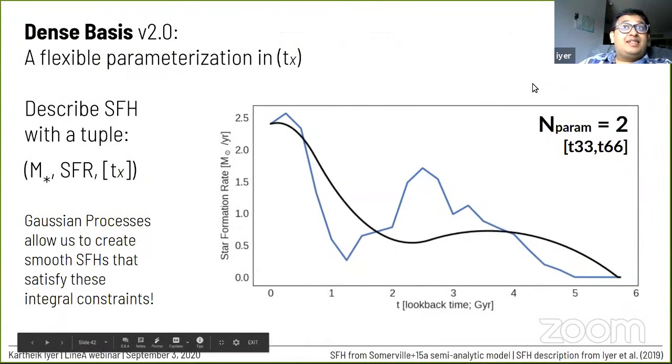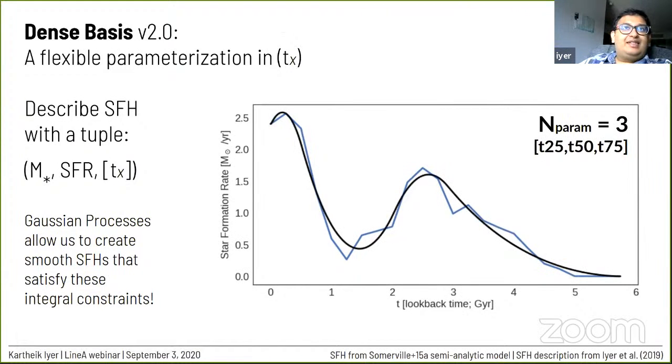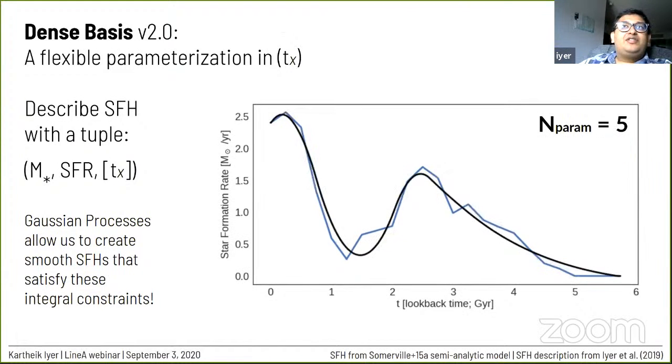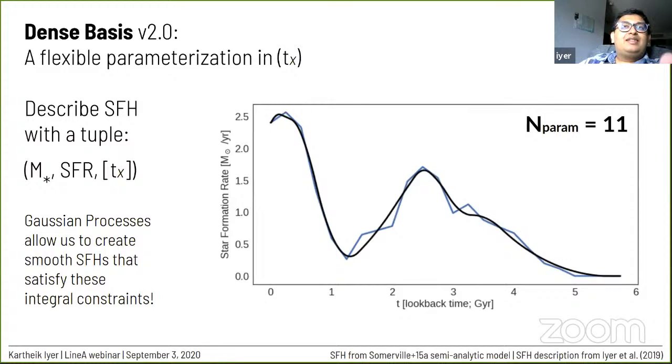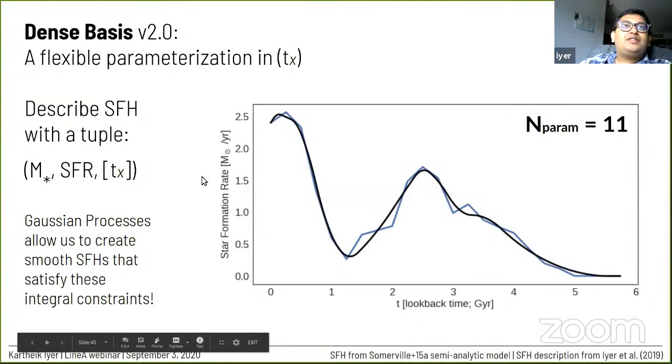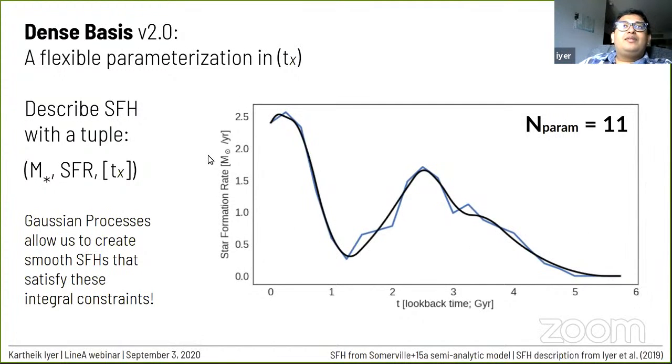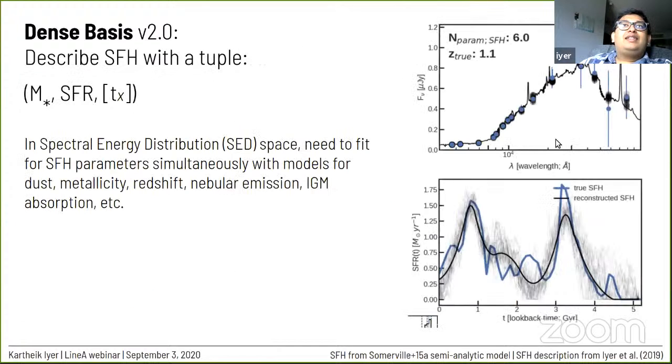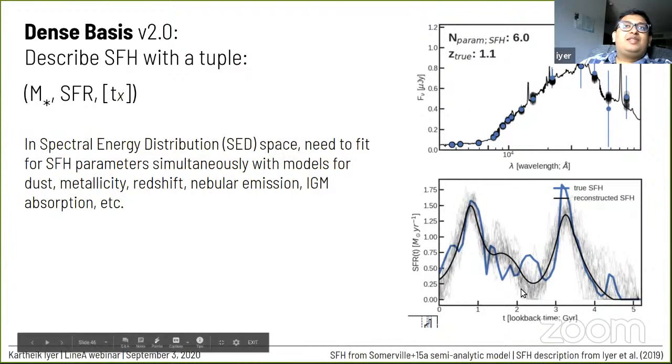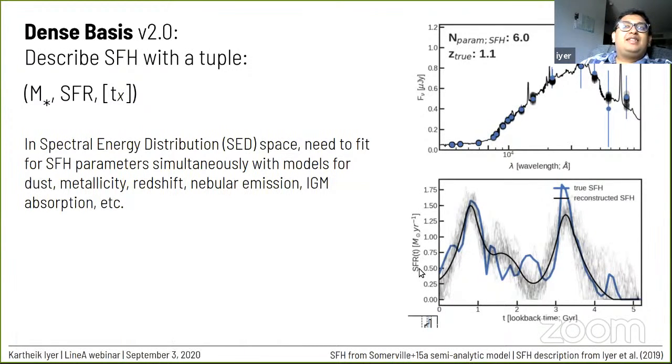And so with 2 parameters, things get better. With 3 parameters, they start looking really good. And as you increase the number of parameters, the models become better and better at describing the true star formation histories. And as number of parameters goes to infinity, it converges on the true curve. So this is really great because now we can start fitting the SEDs of galaxies. So this is what the observations look like, and using them to reconstruct the star formation histories of individual galaxies, and then trying to do the same kind of timescale estimation that we have been doing so far.